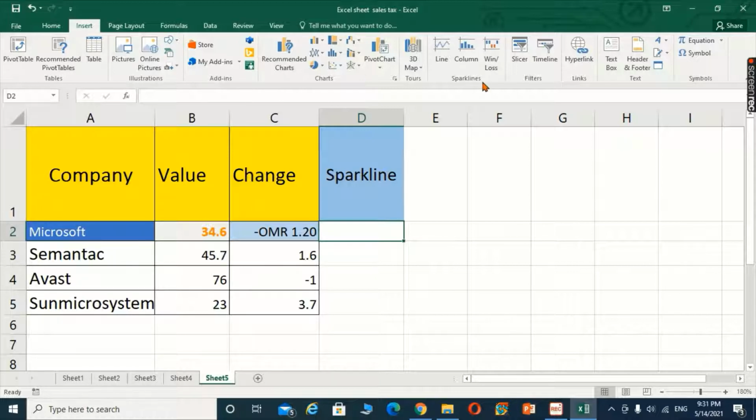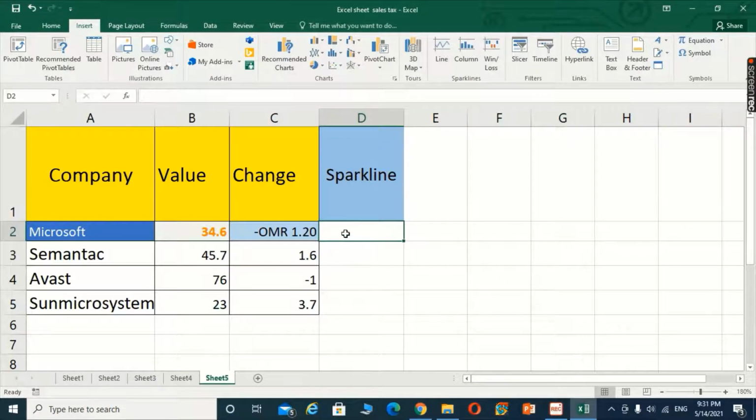On the rightmost side we can see the sparkline area and we have different sparkline charts: the line chart, the column chart, the win and loss chart, and the slicers also there. So we are going to apply the sparkline chart on our numeric data.